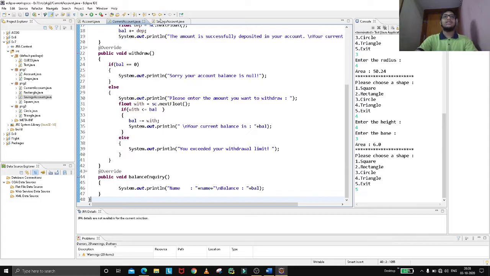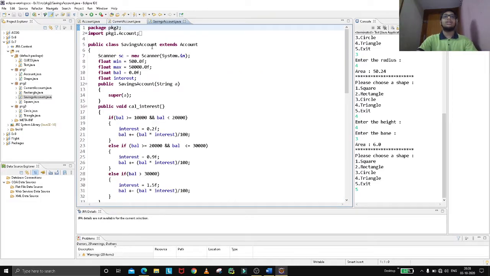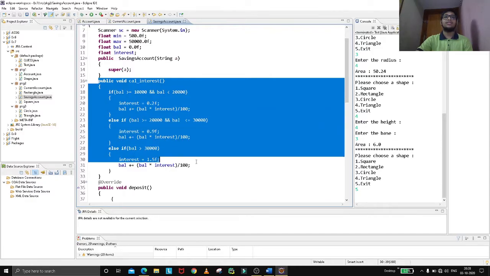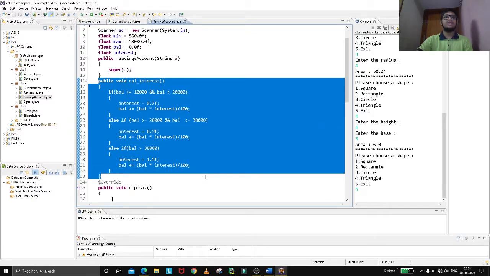Now for the savings account, same thing, but this time we need to check some more variables like min and max, and provide some interest on every deposit given by the user. So if a user deposited some money, we have created a calculate interest, in which we can say for every range of values there is a certain interest given by the bank.